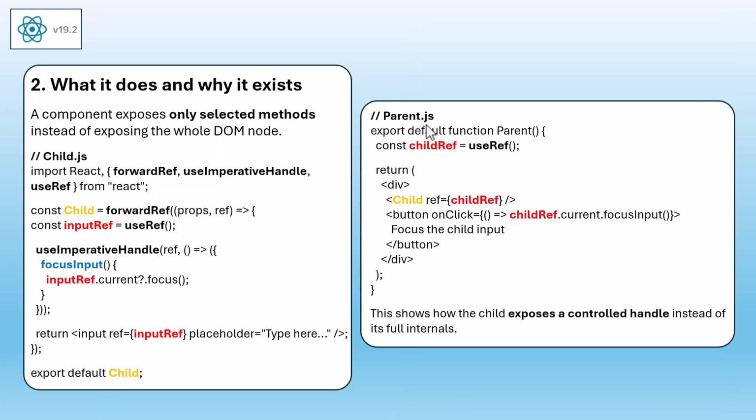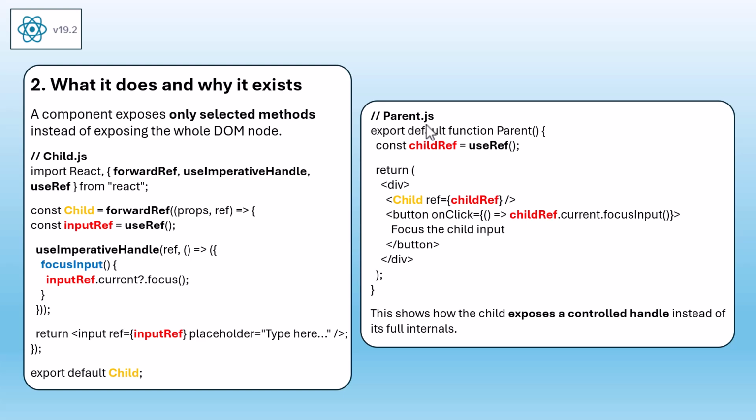2. What it does and why it exists. At its core, useImperativeHandle allows a component to take an incoming reference, ref, and assign to it a custom object, rather than just letting the ref point to whatever internal element or value automatically. The reason this exists is that sometimes, as component authors, we want to limit or shape what the parent or external world can do with our component instance. Maybe we only want to expose certain methods, or hide internal details, or create an abstraction layer for external control. Without this hook, the parent would either get full access to the internals, which may be undesirable, or we'd have